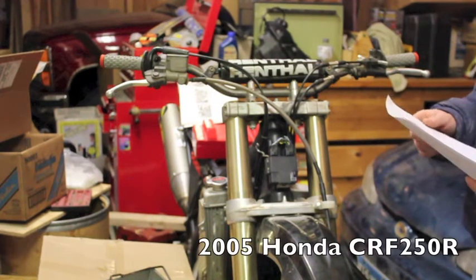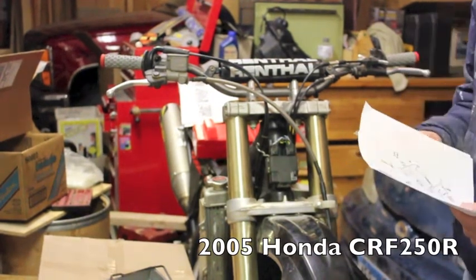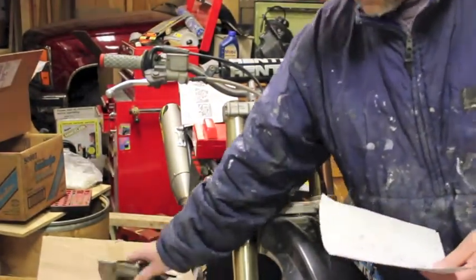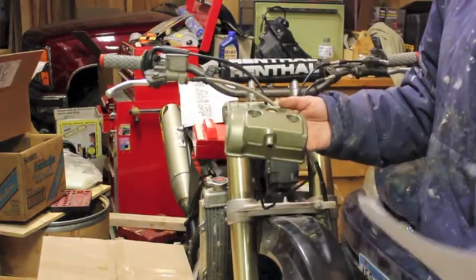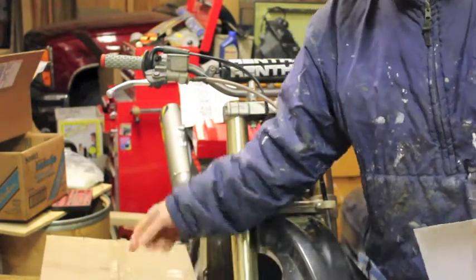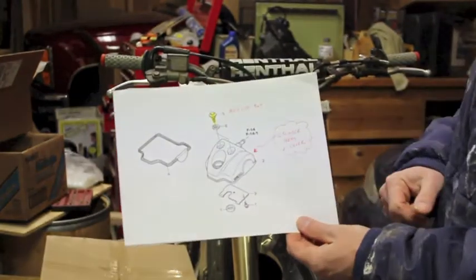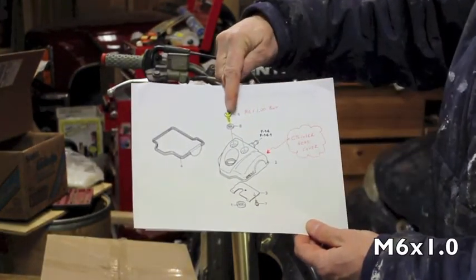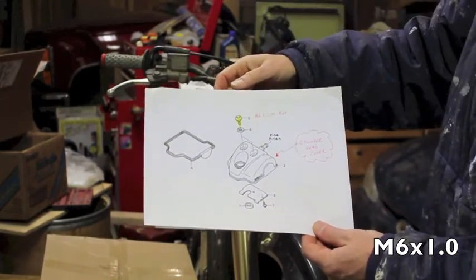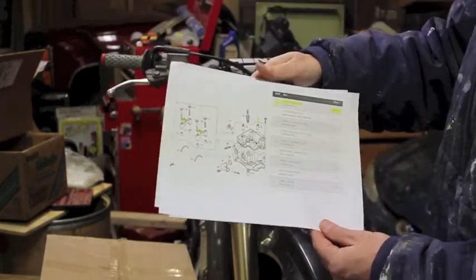Okay, we got a Honda CRF 250R, 2005 model, and the problem we have with it is the cylinder head cover here. The part that the bolts screw into, which hold this cover on, is stripped out. This is what the cover looks like in the parts diagram, and this is the bolt that holds it down. There's two of them. It's a metric 6x1 bolt, and those bolts screw into the cylinder head assembly